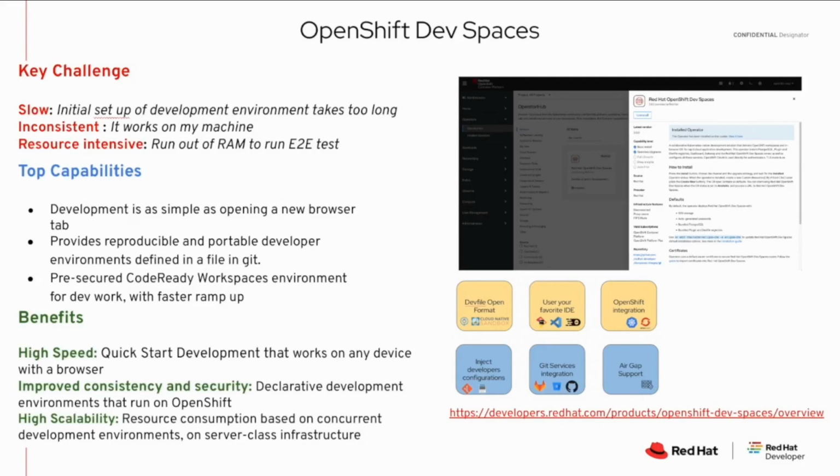Even your Git clones are going to be in that environment on OpenShift and not on your laptop. And because it is using resources based upon the server class hardware upon which OpenShift worker nodes are installed, you can imagine that some of the activities like end-to-end testing, even builds, would probably run faster on those environments. So your time waiting for builds to finish will actually be reduced because you would be leveraging the scale of Kubernetes and the kind of hardware that comes by running OpenShift on top of it. So it's a great benefit for developers and for central application teams to keep things consistent and put them on a central environment.